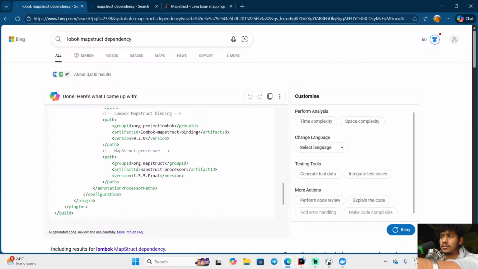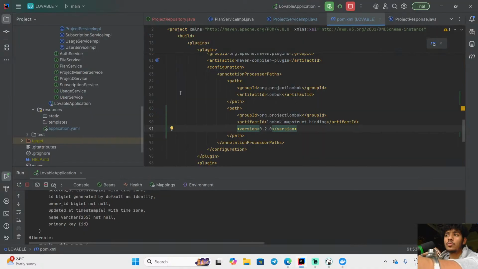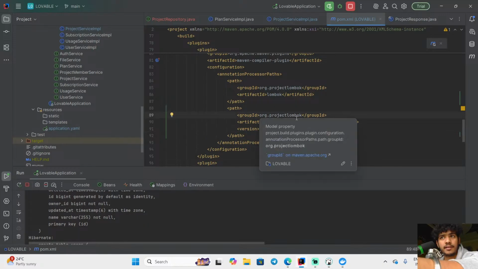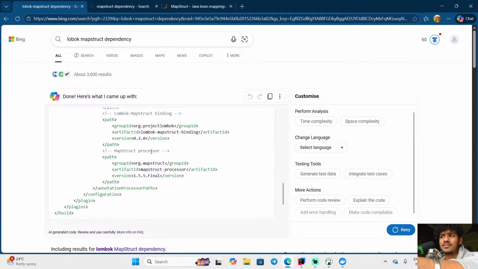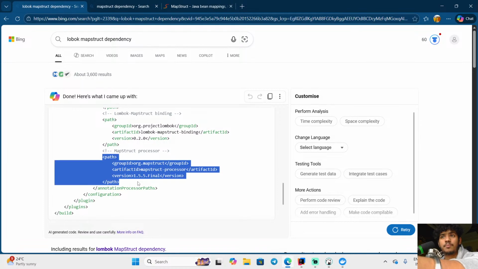right? Inside my path, not project mapper, right? So inside my path, I could say कि भाई lombok मैंने कर दिया है, right? After this lombok, I just wrote this lombok mapstruct binding, right? After this lombok mapstruct binding, I need to just copy this particular mapstruct processor. So mapstruct processor क्या करता है? अभी हम लोगों ने बात करी,